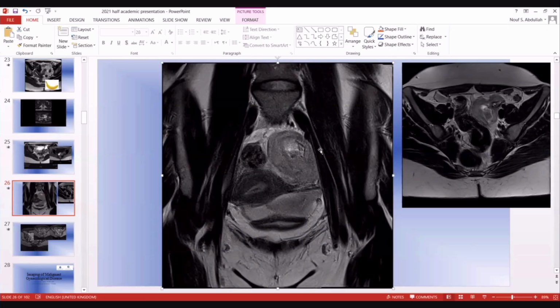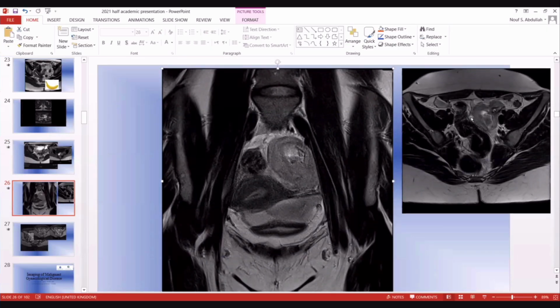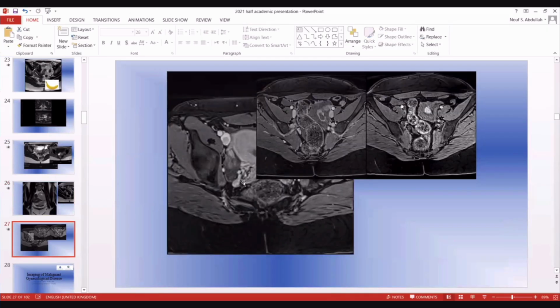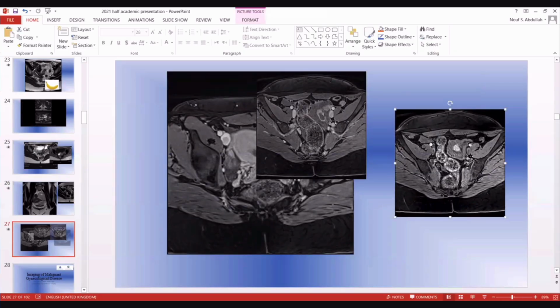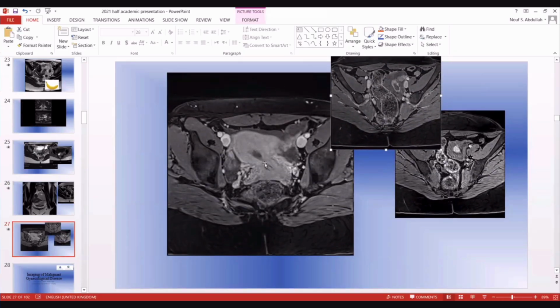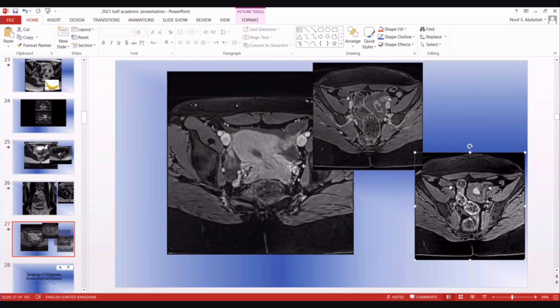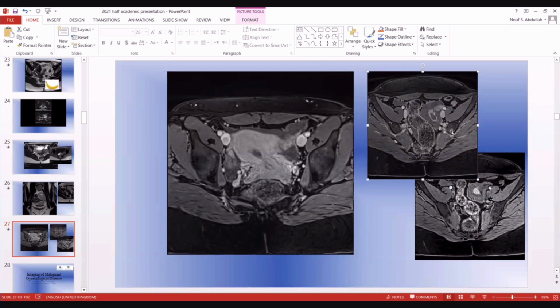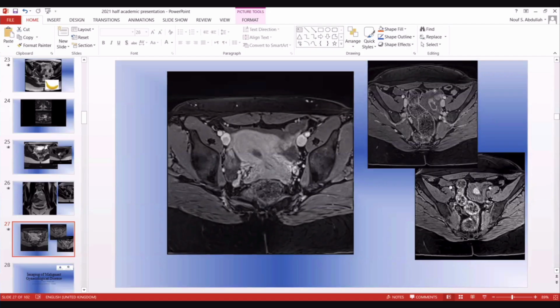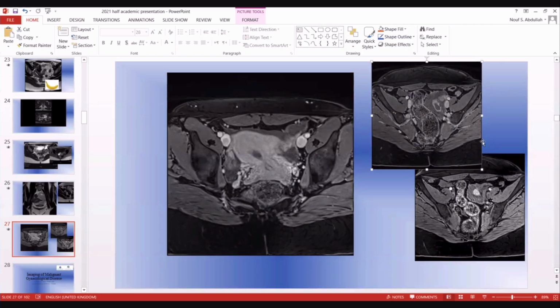You have this mass-like lesion identified in the region of the left adnexa, with intermediate signal intensity. When you look here on post-gadolinium injection sequences, this part of the uterus is enhancing. This part was peripherally enhancing with areas of high signal intensity centrally. Just to keep in mind, guys, this patient came with pain and she had a positive beta hCG. So looking at this,